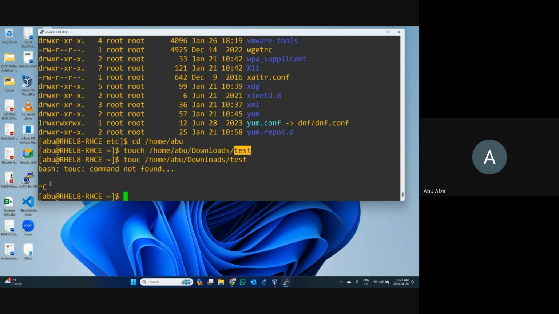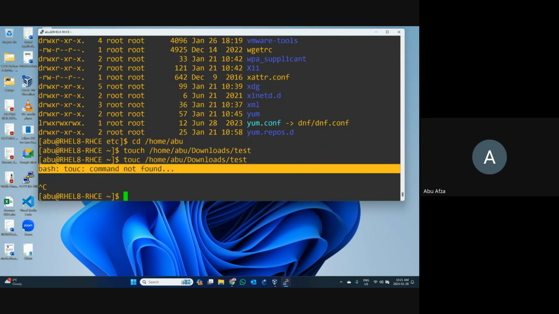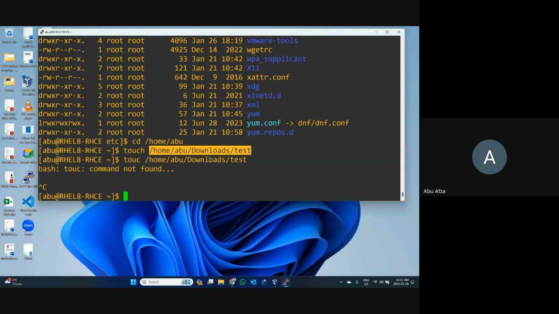And you cannot exit from in here. We need to use Control C. Okay, when something is wrong, it will be shown that way. And when you cannot see anything, that means it worked perfectly. So where is my file? Under the Downloads folder. Let's move in there and check whether the file is there or not.